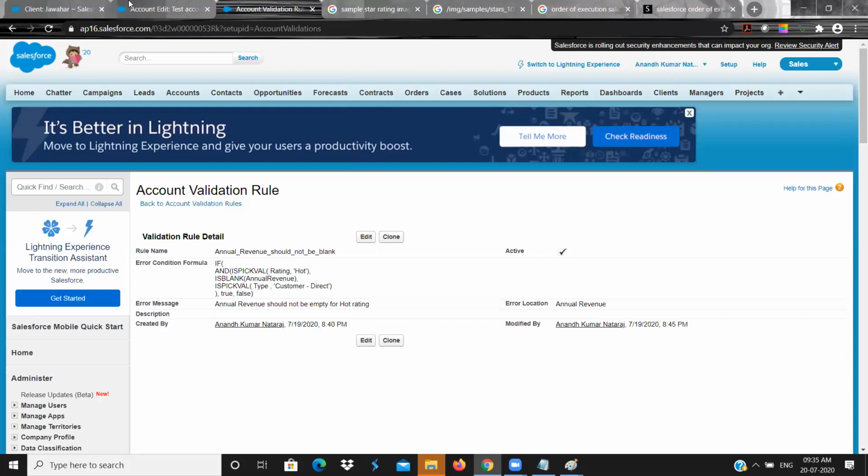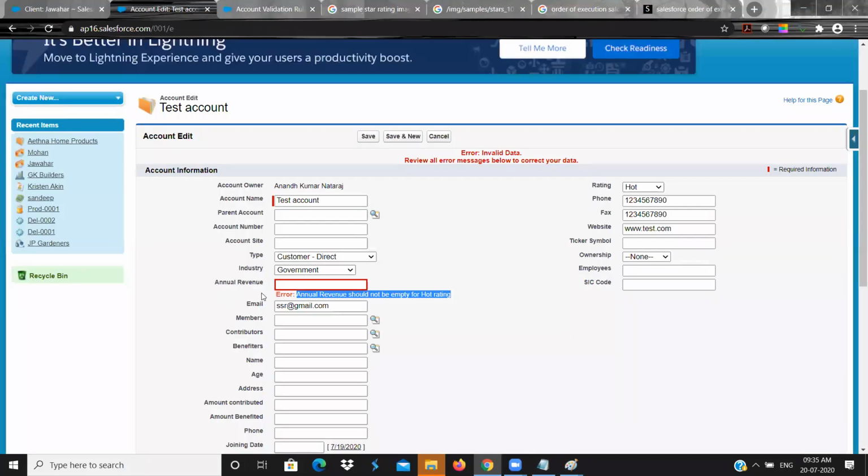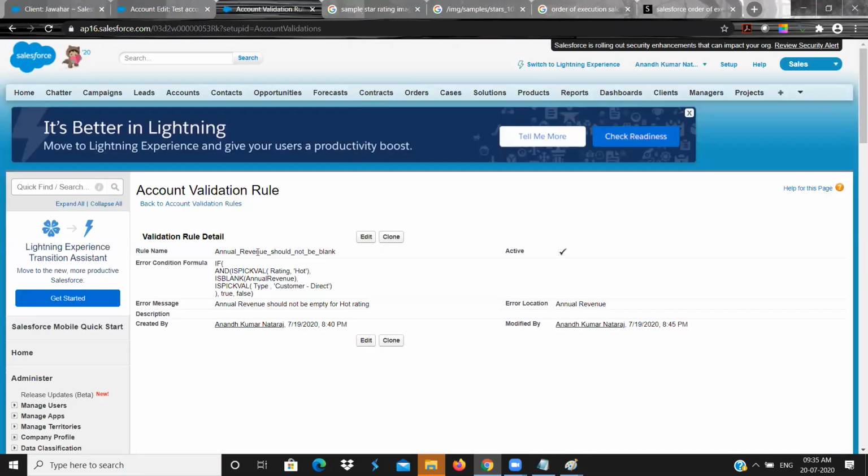So now see, simply I said it should not be empty, right? Now what we can do is the annual revenue should be greater than 50,000. So I will go for another validation rule.